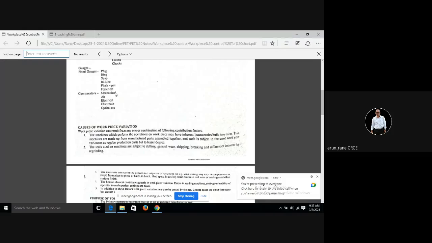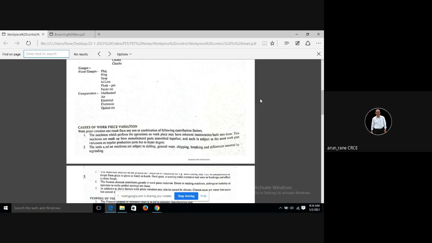So mechanical comparators are nothing but your dial indicators. You have to set the dial indicator to 0 with reference to the standard size. Suppose the thickness of the block which is ground is 50.00. On the dial you have to touch the dial to that 50.00 and make it 0, and then subsequently all the blocks which are ground at 50.00 you have to bring in, place the dial on the top surface and check the deviations.